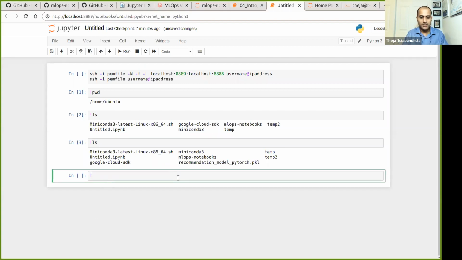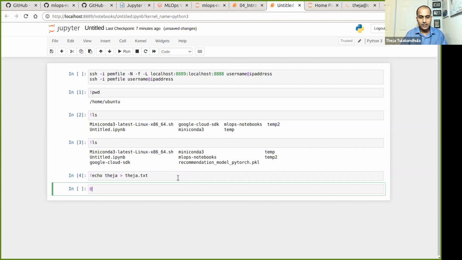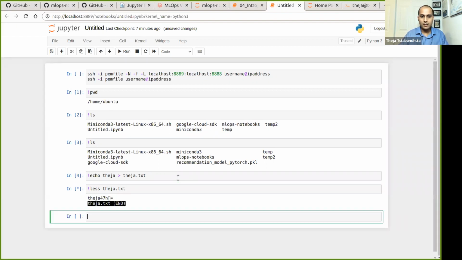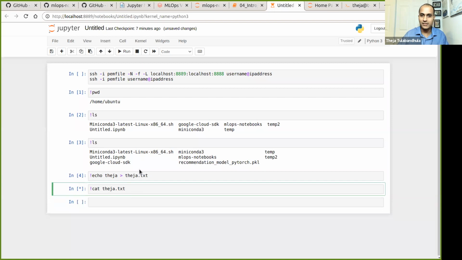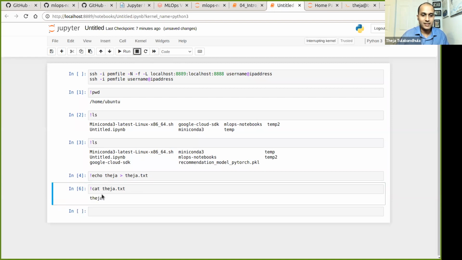I'm going to create a simple file, echo Asia to Asia.txt. I'm just going to create a text file. So how do we know this is a text file? You can do less or cat to look at the text file. It's a text file which has some extra stuff here, I don't know why, but yeah, it's a text file. You can do less or cat to see what the file is. Oh, maybe cat is not a good idea. Maybe it is. Okay, so it's just a text file. It just has my name.